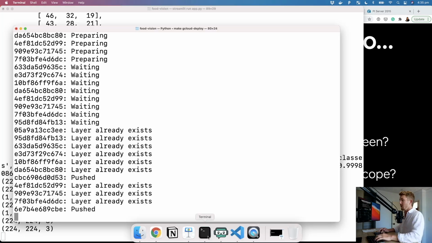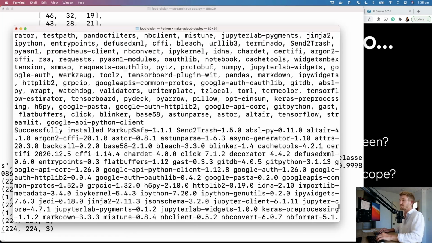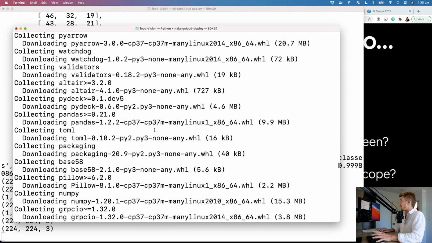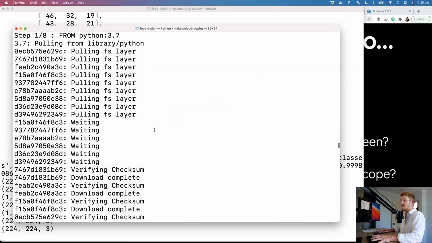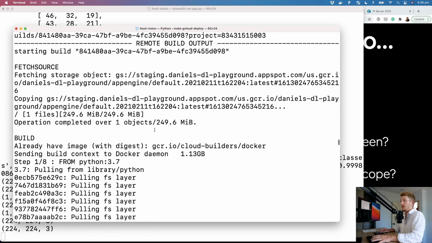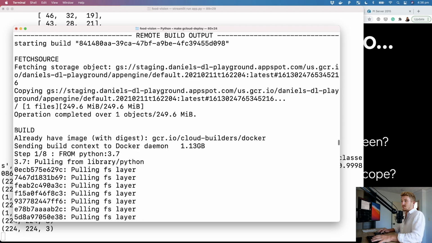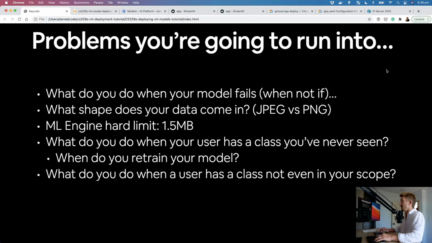But let's have a look. What's terminal telling us? Okay, we're going to scroll back up here. There's a lot going on, but let's just step through it, all right? So it starts off, it needs to build a Docker container. And how does it build a Docker container? Well, let's see. Let's go back to the GitHub,